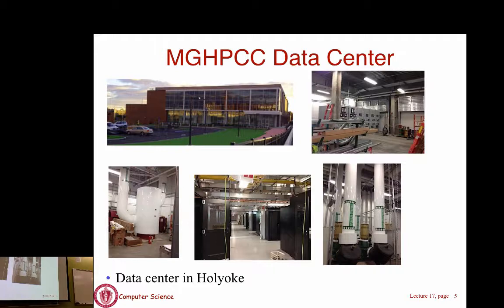If you want to build this in Boston, it's going to cost you not just $80 million. I don't even want to guess how much it is. And the hydroelectricity power